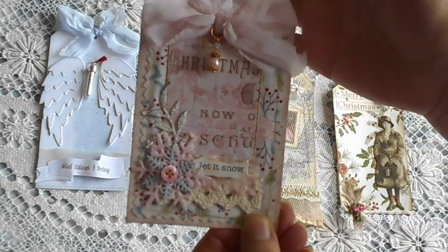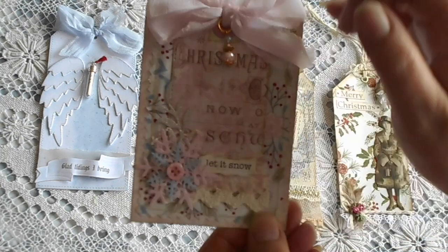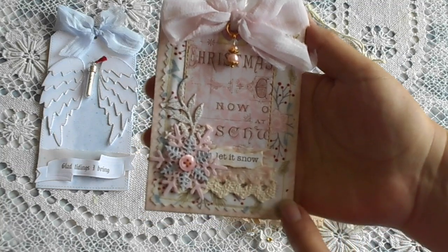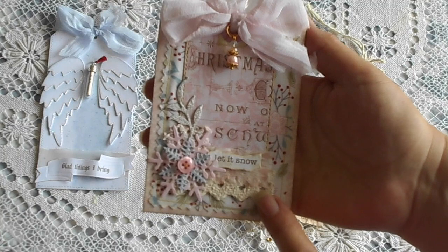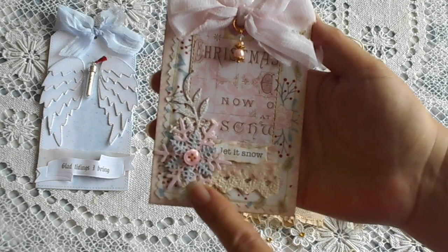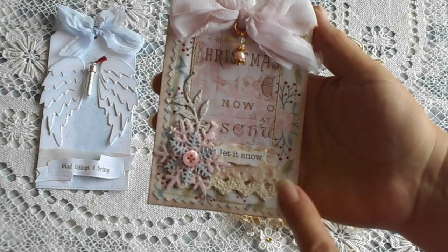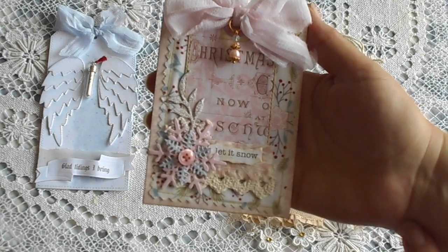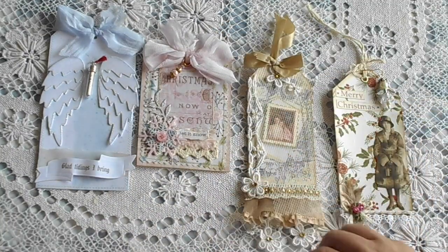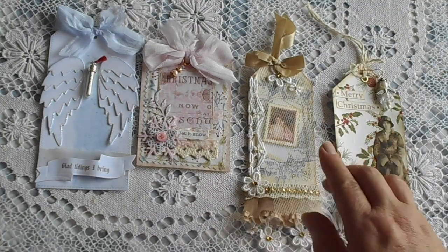She has this gorgeous soft pink silk ribbon with a cute little dangle there with a pearl. It's so sweet. And she has Christmas paper behind and some lovely fabric which has little berries on it. Everything tones in so well. It just blends beautifully. She's got the pink and blue here with the snowflakes and a cute little pink button. Some beautiful old-fashioned cotton crocheted lace and a little piece of fabric. Just gorgeous, really lovely. So that one was from Angela,